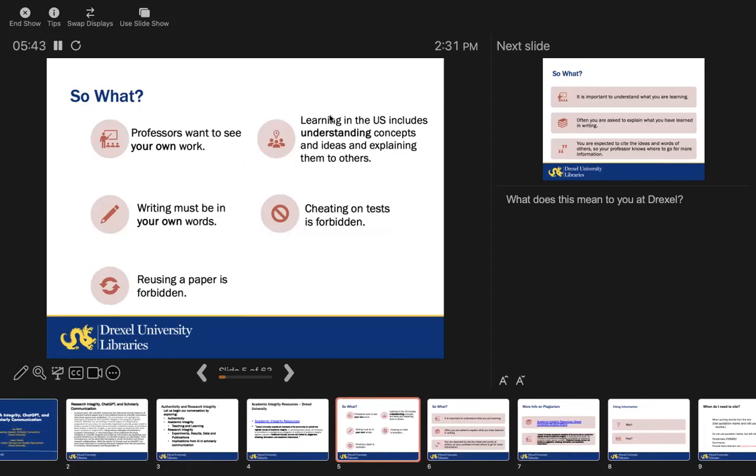An important thing is that all our teachers, our professors, even your advisors want you to do some original work. They want to see your original thoughts and ideas and how you present them in your homework or even papers. So especially in engineering, sciences, and CCI, in all those areas, you need to understand the concepts. You just cannot memorize things and then expect to succeed in your homework and assignments. So cheating is forbidden, reusing a paper is forbidden. There are a lot of websites where you can actually buy a paper and submit it, and that is strictly prohibited.